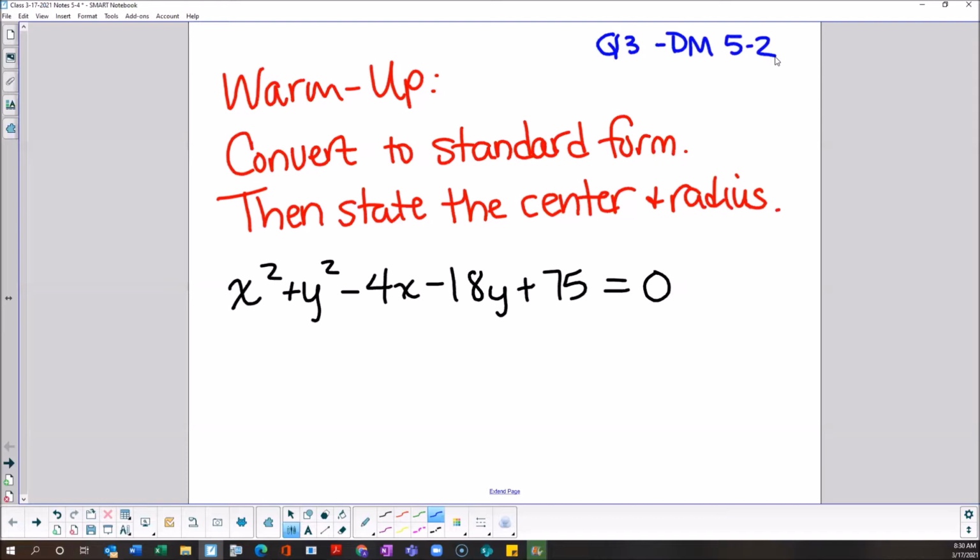Any other problems we're having trouble with? Andrew, any problems? We good? Anybody else? Question 5 on Delta Math. Which day of Delta Math? Last night's would be 5-3. Okay, question 5. All right, do you want me to just give you the answer and see if you got it right? And then if we need to, we'll work it. Is that good? All right, so when I convert it to standard form, I should end up with